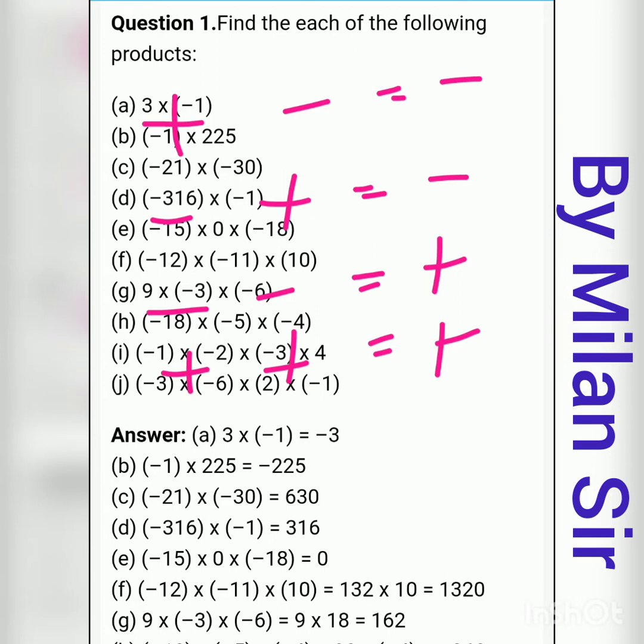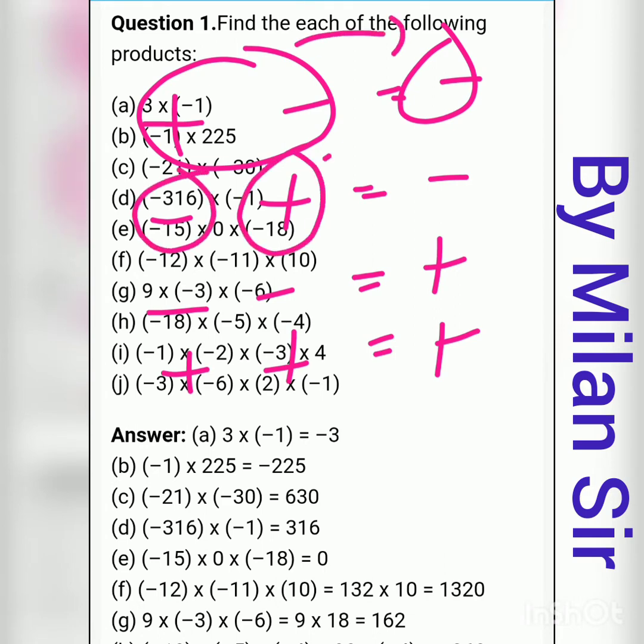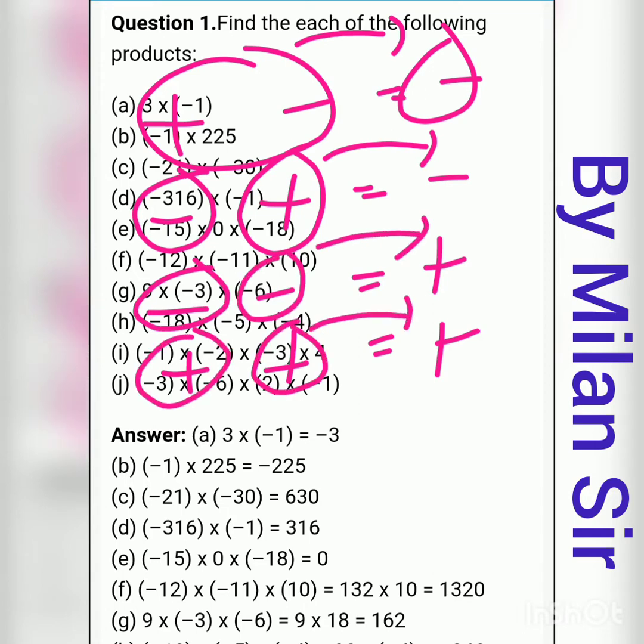After the multiplication process, we need to decide the sign, and for the sign we have this rule. Plus minus minus means one number has a positive sign and one has a negative sign, so finally a negative sign. Alternatively, if a different sign is there, we put a minus sign, and if the same sign is there, we put a positive sign.